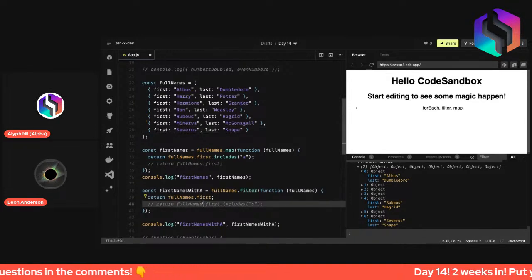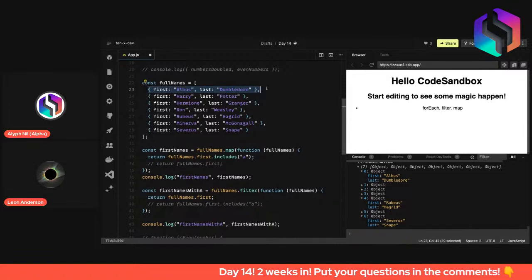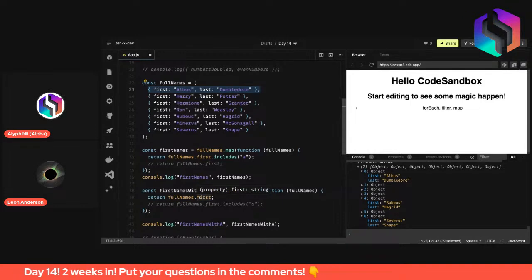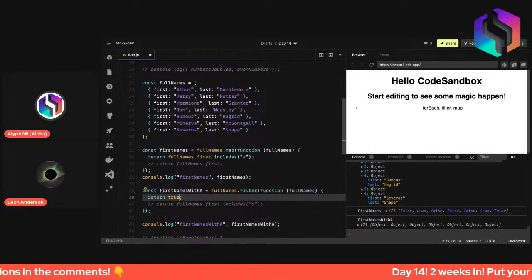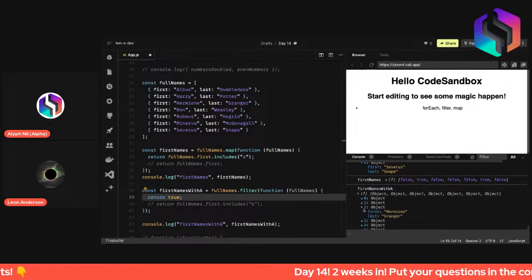And why does it return the last name as well? Because it's part of the element, right? The full element is first and last name. It doesn't matter what we check here. We could even just always return true here, and then it simply returns the full array. Okay,